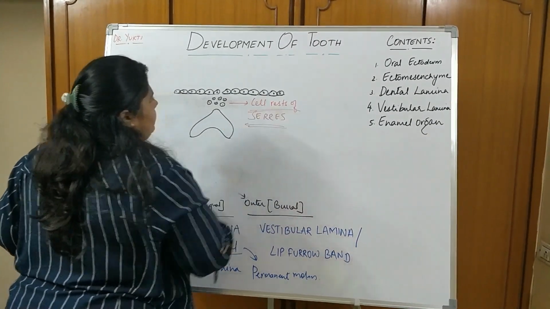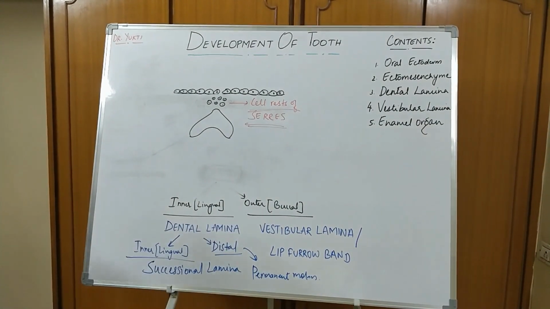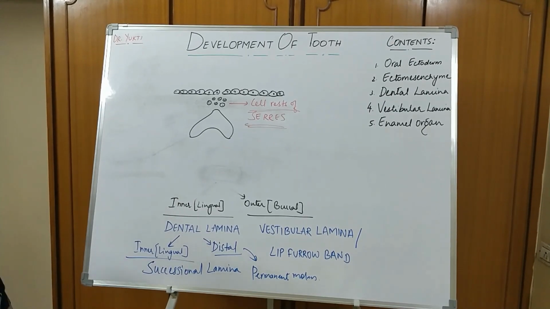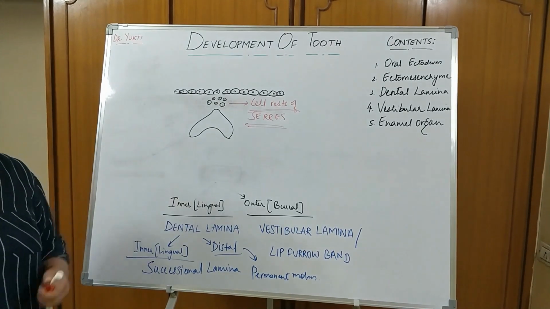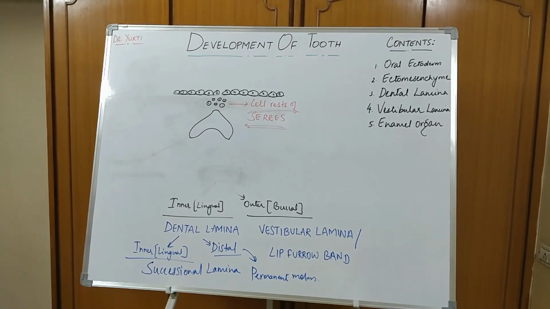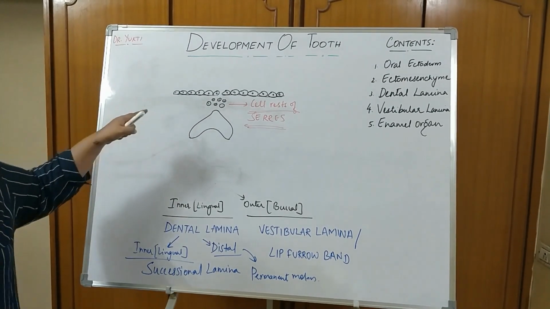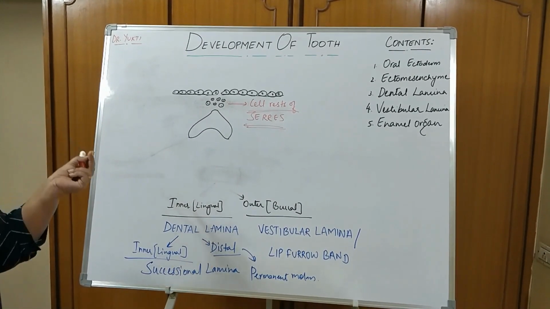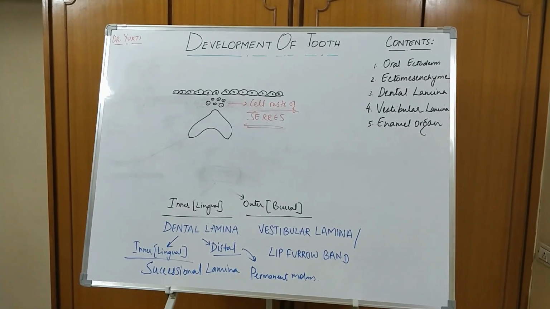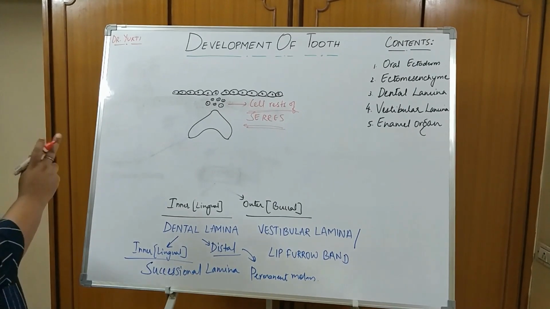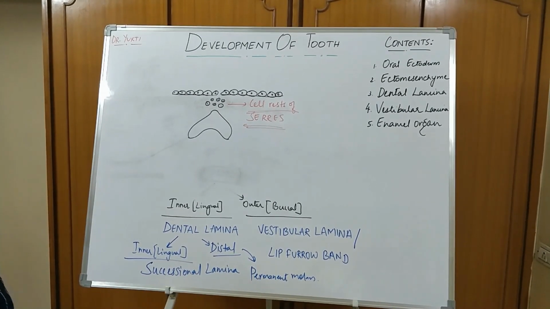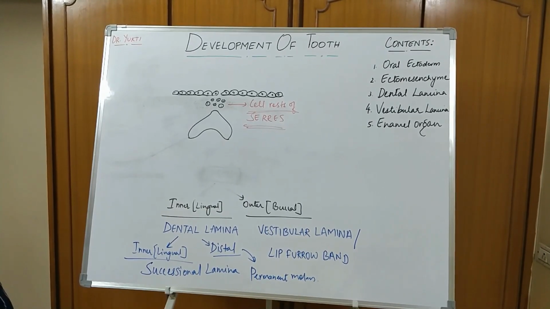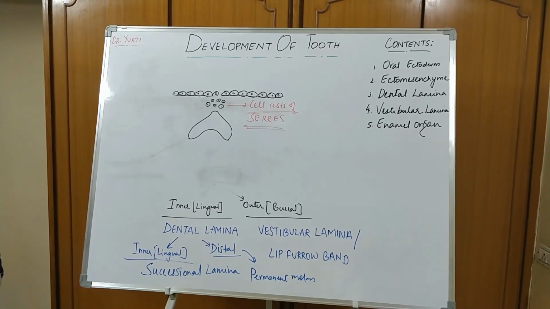Again, very, very important. Okay, very important because of two reasons. First thing is, this is a very important question. Second thing is, you need to remember this. This serves as a tissue of origin for a lot of odontogenic tumors and cysts that you will be reading in third year pathology. That is why you need to remember what are cell rest of Serres, from where they are formed and why they are present. If they are present, where they are present. Okay. So now I think you must be able to answer all these questions.